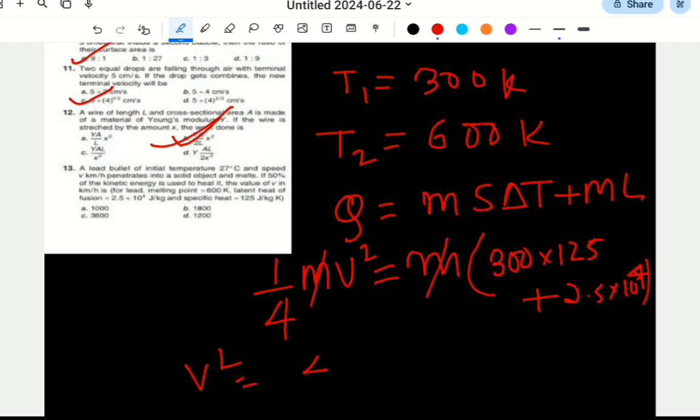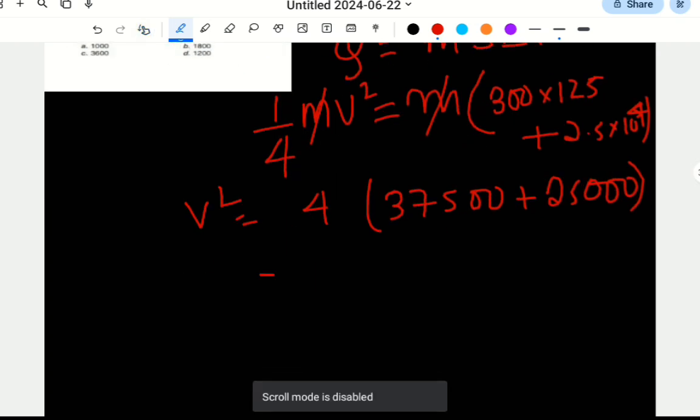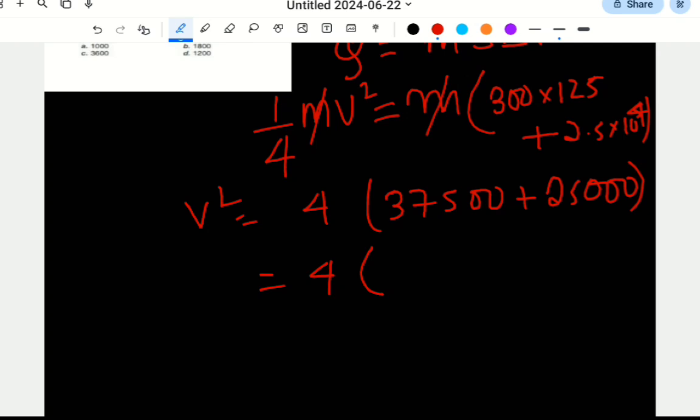We have v square is equal to 4 times, 3 is like 38000. No, it will not be like this. Okay, it will be 375. Yeah, 37500 plus 25000. Yeah. So now add this. We will get